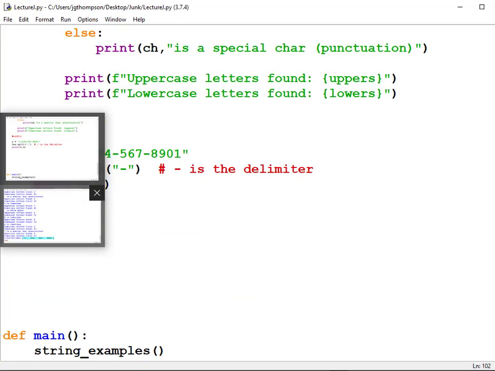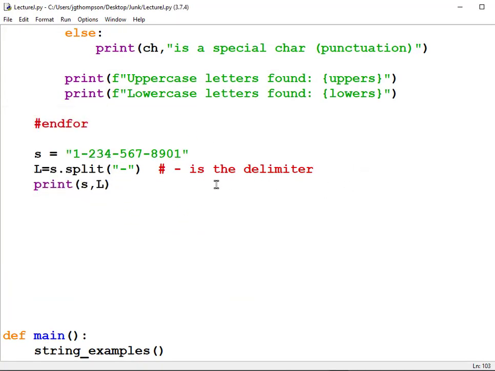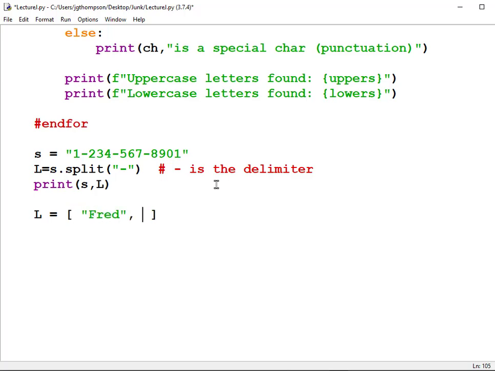I already mentioned this, but let's do it again, right? Let's make a list of strings. L is equal to, square braces denote a list, right? Fred, end quote, comma, Jack, end quote, comma, Lindy, end quote, comma, Amanda, end quote, end square brace. That's our list. Now we want to build a sentence based on separating those by commas, right? So the string is equal to